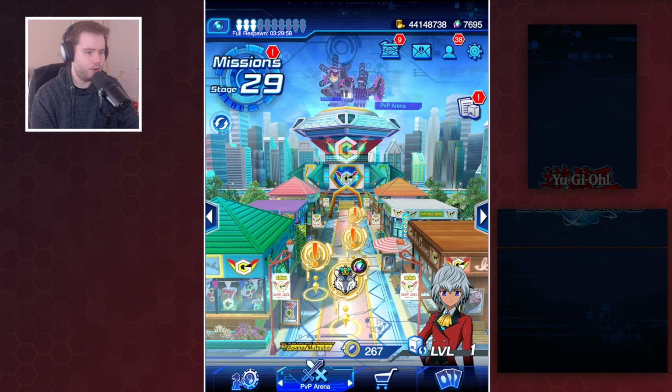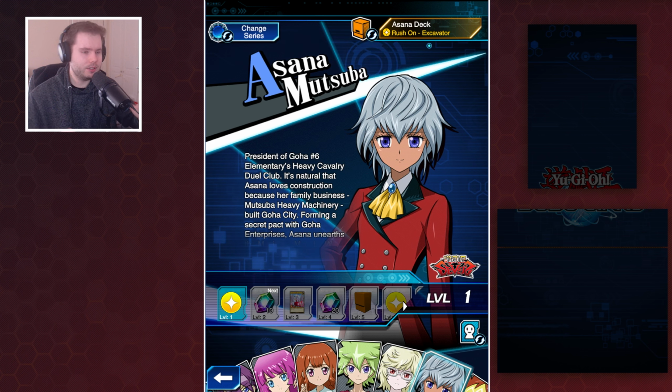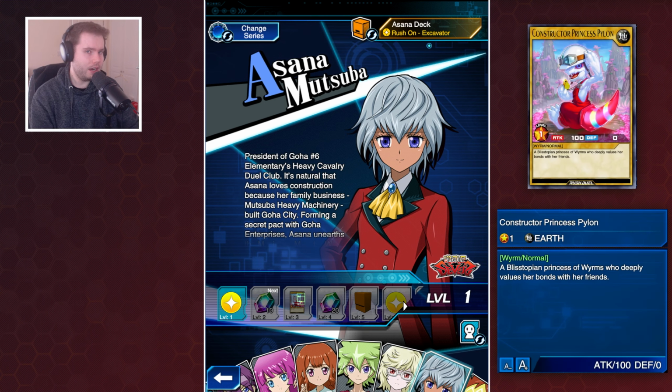So going into Asana, what do we have? And this is where things are a bit disappointing because we know Rush characters are going to give us like 3 cards each, and they're not going to be that great. So first of all is the Pylon. This is a vanilla. It's useful for some of the skills we're going to be getting, and down the line,